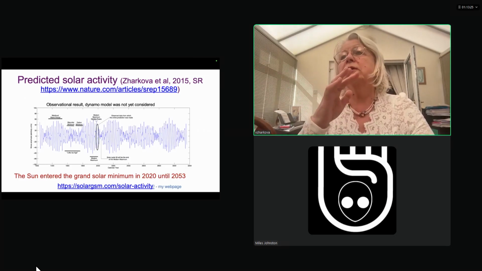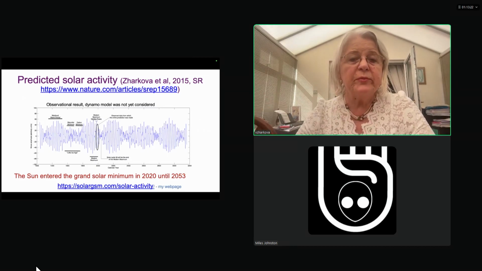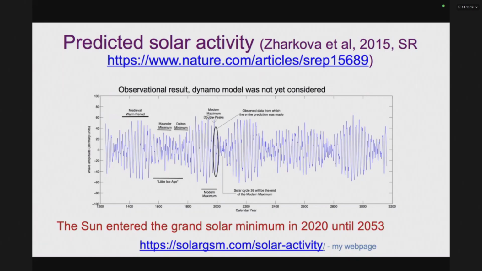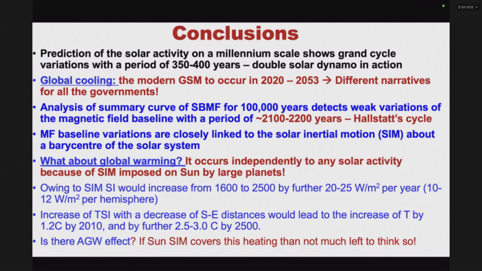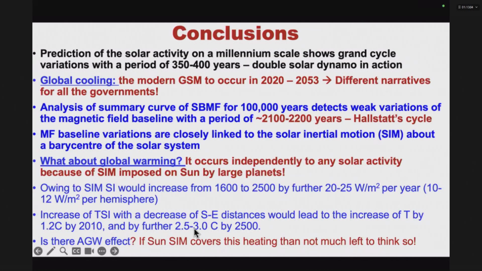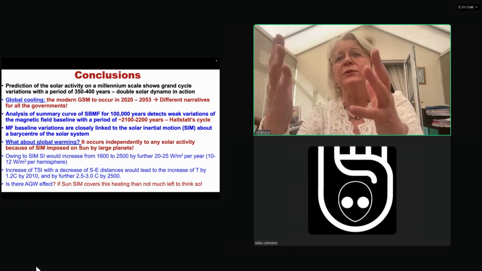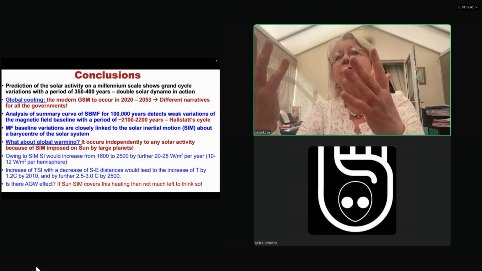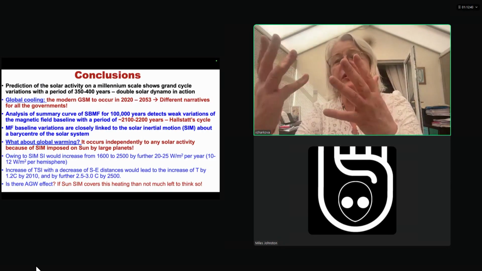So definitely global warming will actually be a problem for the next generations of other people. For our generation and the next generation, the main problem will be this grand solar minimum, which is upon us, which has already started showing, and we need to start thinking how to provide energy resources and how to provide food for people in each country. And remember, the temperature will still be increasing by 2.5, 3 degrees by 2500 or 2600, and there is nothing we can do. The sun just gives us these 30 years to figure out how to heat ourselves and how to live and adjust ourselves to the increased temperature and global warming,